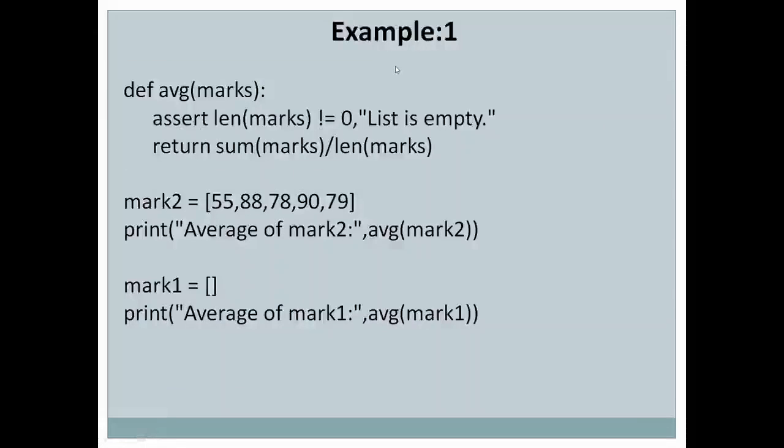Okay, let us look at one example here to understand how assert statement can be used in Python. Now we have a function here. The function is average, which calculates the average of all the marks and returns it. And we have statements down here, that is mark2 equals to some set of marks. So we have created a tuple here with some marks, and we want to find the average of these marks. So what we have done is we have called the average function by passing the variable mark2 as an argument,